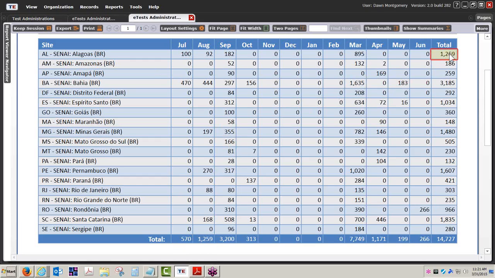You also have a total here in the far right, total tests administered per site for an entire year, as well as the tests administered per month. And when you generate reports in Enterprise, any cell that you hover over becomes highlighted, this represents drill down